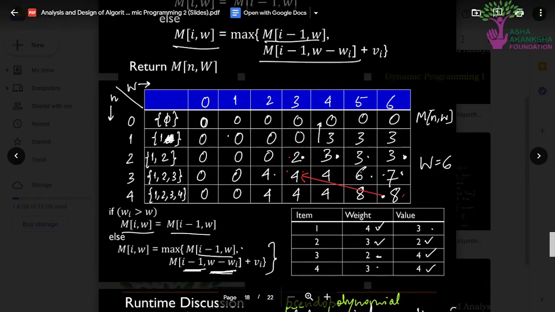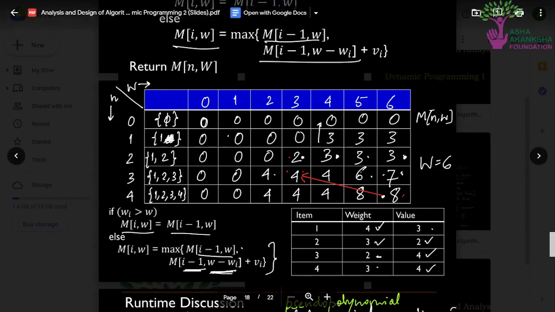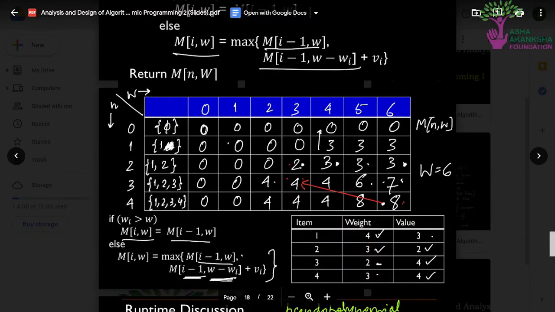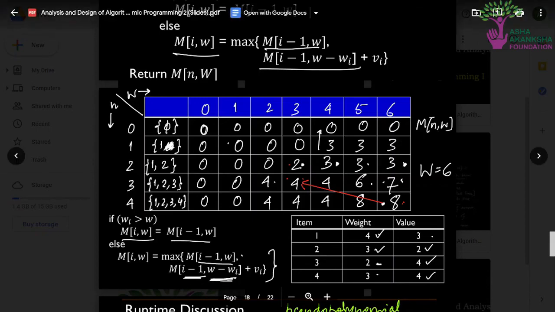Now suppose that we have to retrieve a solution. Then you will just start backtracking. You first run the main algorithm once and fill up the matrix. Then suppose you have a backtracking function, and you call it for n comma w.